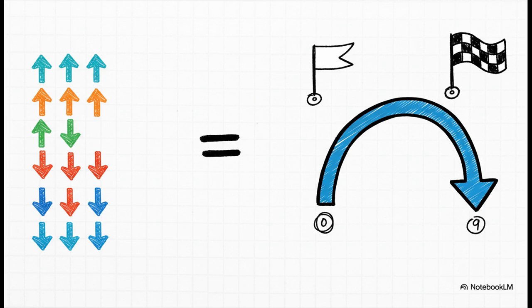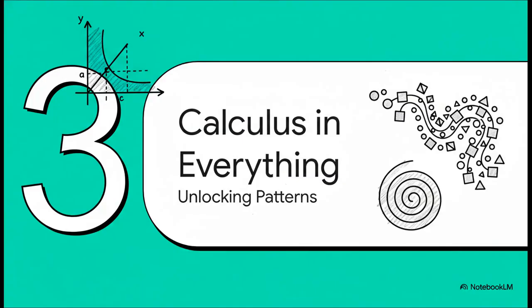Finding slopes and summing up changes are two sides of the same coin. They undo each other. And that idea right there is the heart of what's called the fundamental theorem of calculus. So we have these two incredibly powerful tools: one for finding the rate of change in a single instant, and another for rebuilding the whole story from all those tiny changes. And with just those two ideas, we can suddenly describe and predict, well, an absolutely incredible range